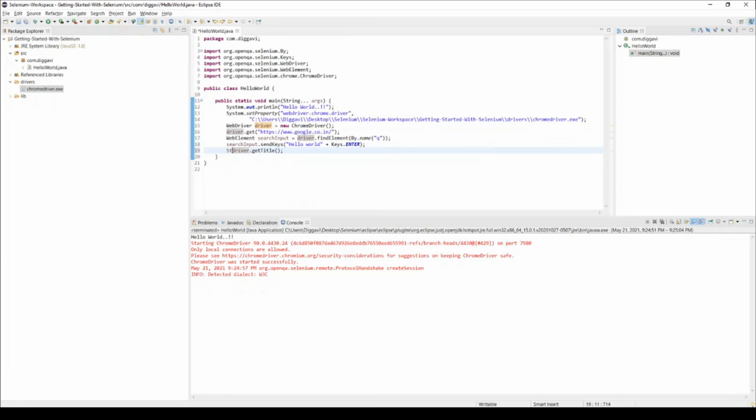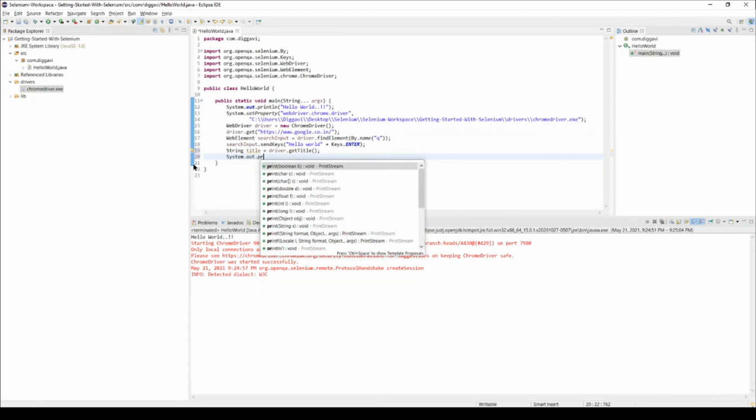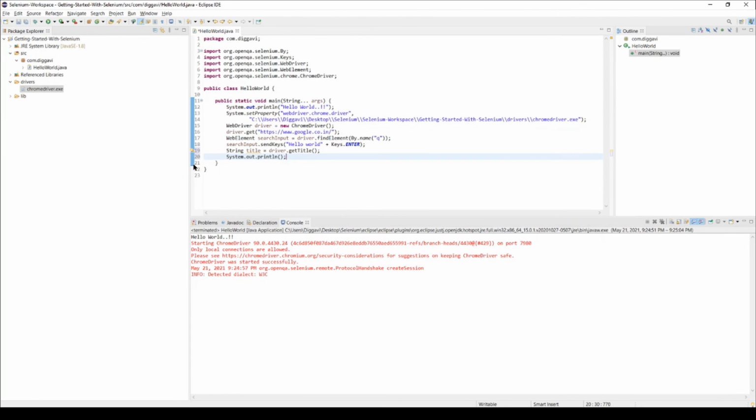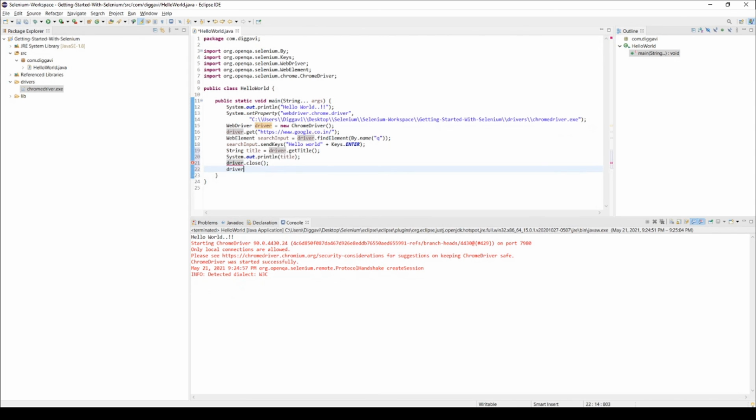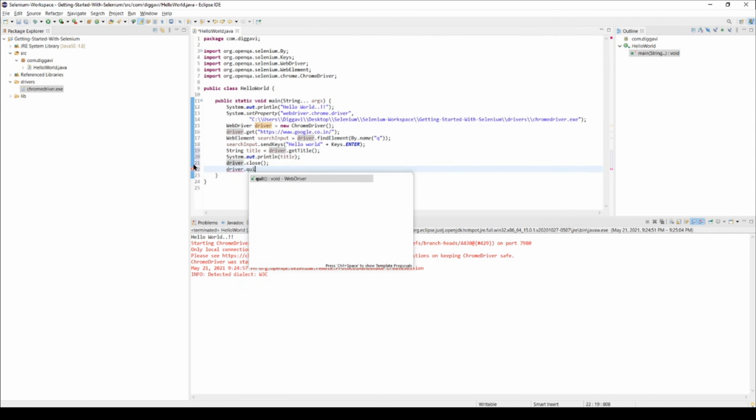So I'll save it in a String title, and we will print the title, System.out.println(title). And we will close the browser after this point. So we'll say driver.close, and we will say driver.quit.